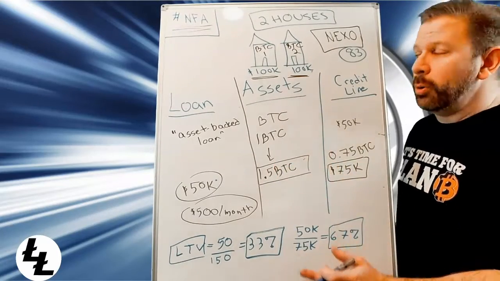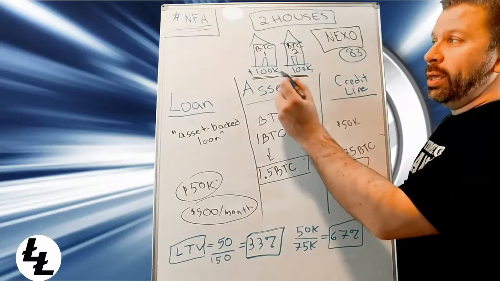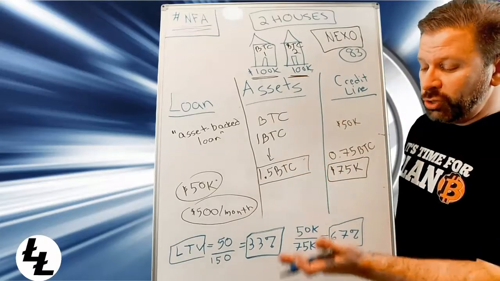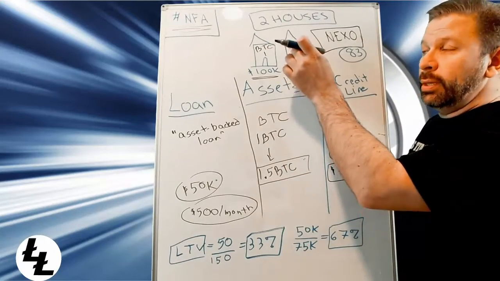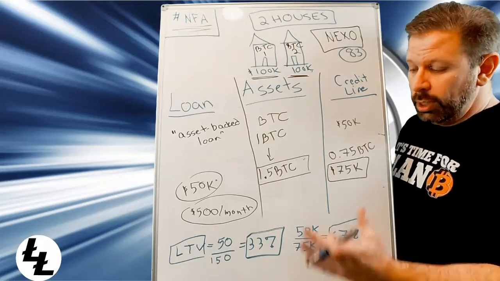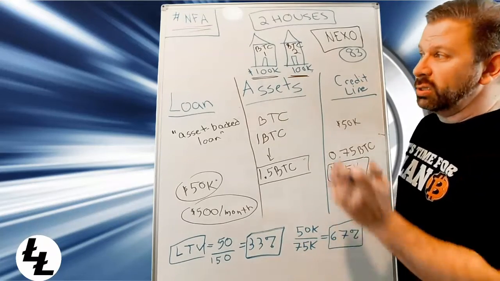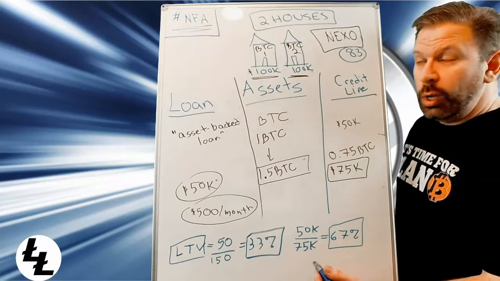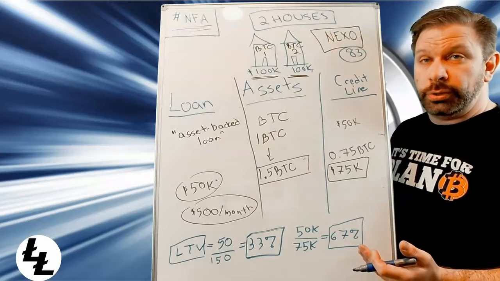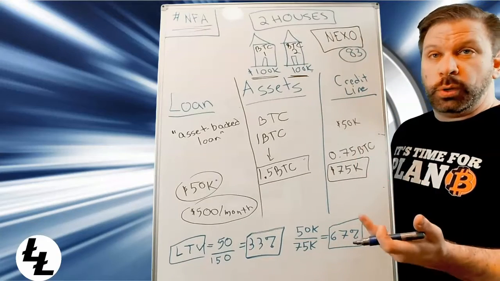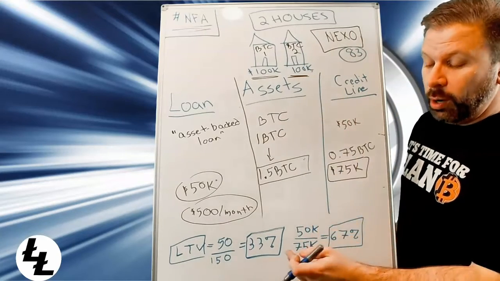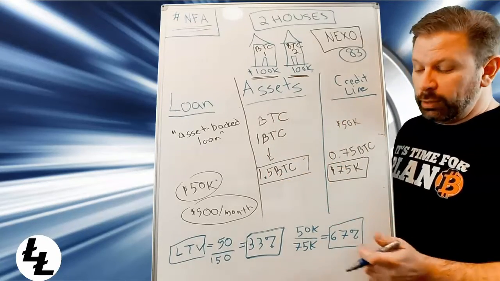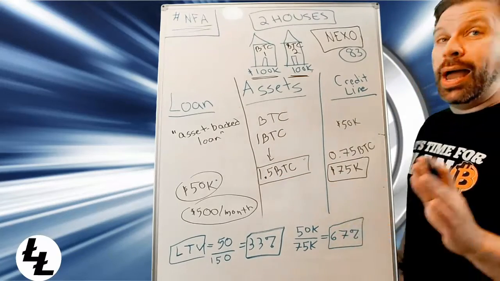So if Bitcoin starts to drop, remember, way back when we started, we had 2 assets, not 1. We had either 2 houses or 2 Bitcoin. If this starts to drop down and get too low, we add part of or the entire second Bitcoin so that we can improve this loan to value number. Because if Bitcoin dropped down to $40,000 and this would be 50 over 60, we can add another Bitcoin. Now it becomes 50 over 100, because that other Bitcoin was worth 40,000. Yes, there'd be 2.5 Bitcoin sitting here, but your loan to value would be back to 50%, because it'd be 50 over 100. So I hope that was easy to understand.